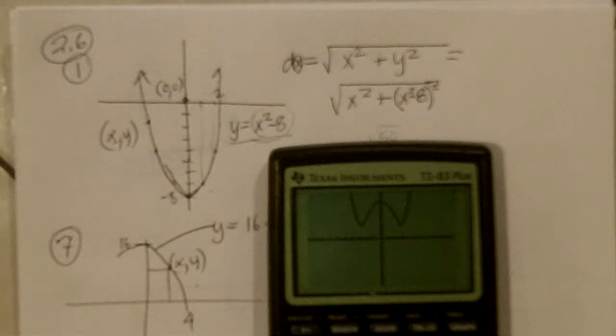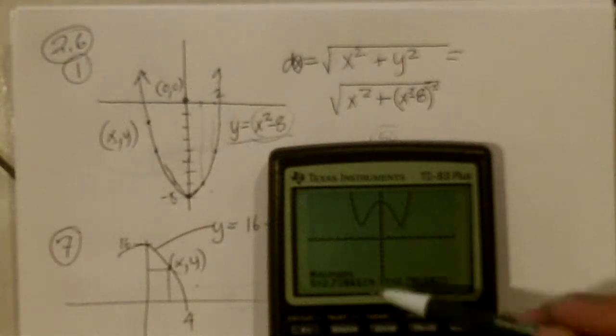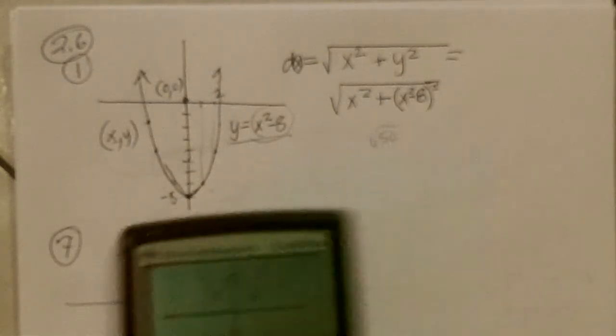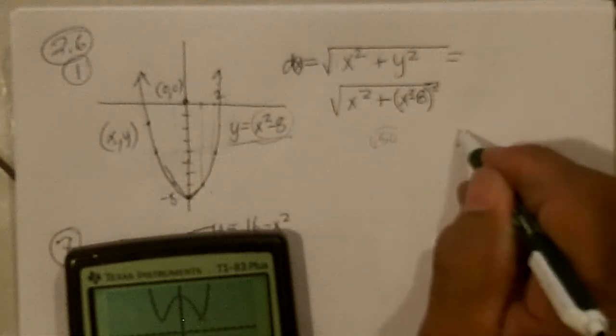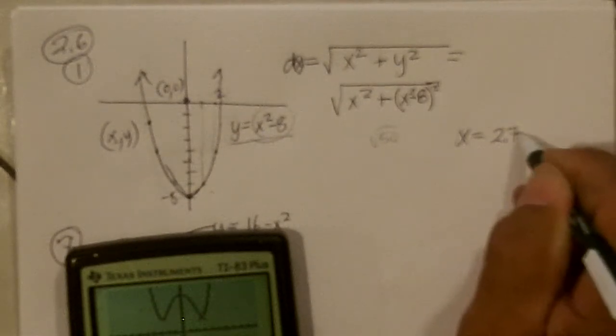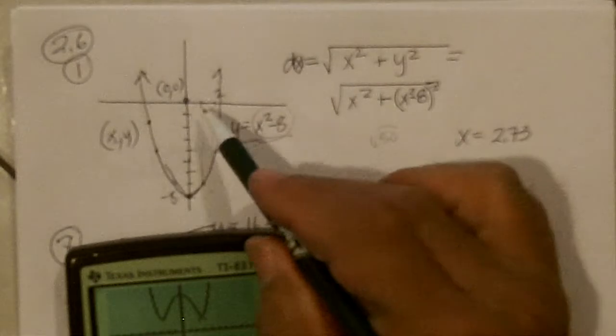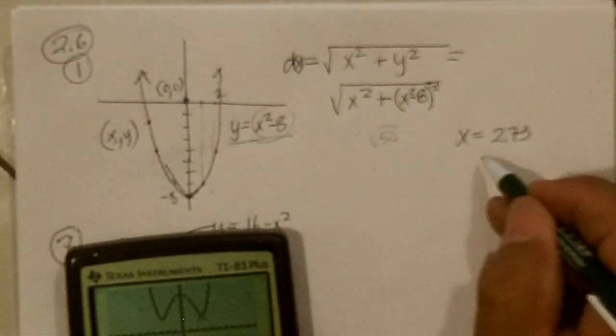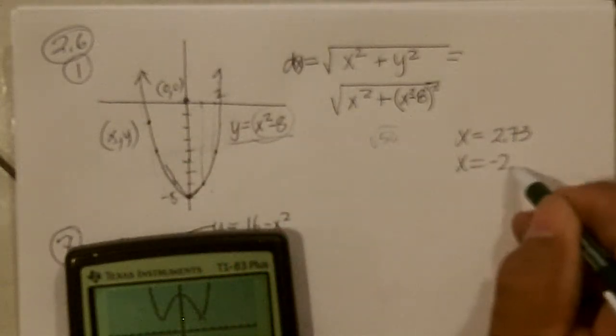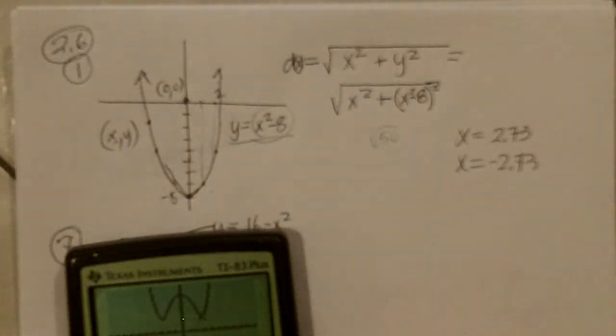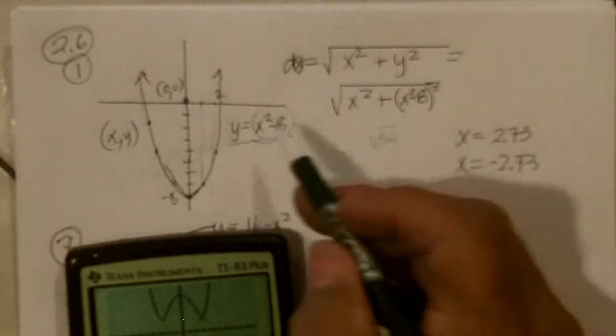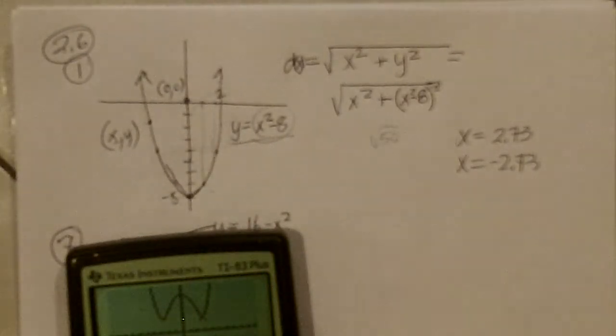And it says, no, it will happen when x is 2.73, or, since this is symmetric, at x equal negative 2.73. And the minimum actual distance would be 2.78